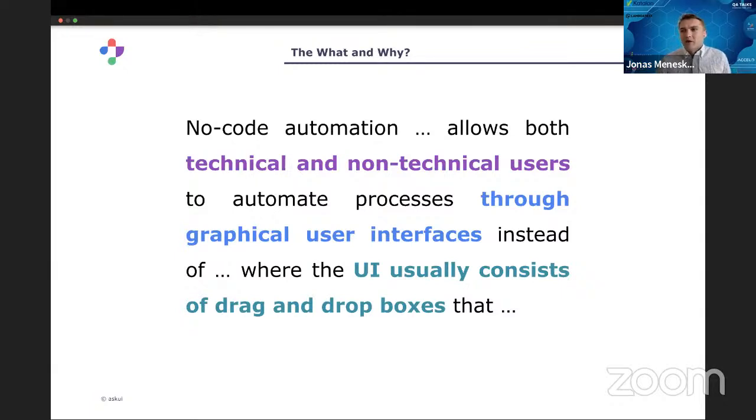So I want to emphasize three things here. First of all, I think there's a misunderstanding in the market that no-code automation tools are only for non-technical persons, but instead they are also for technical persons. Why is that?